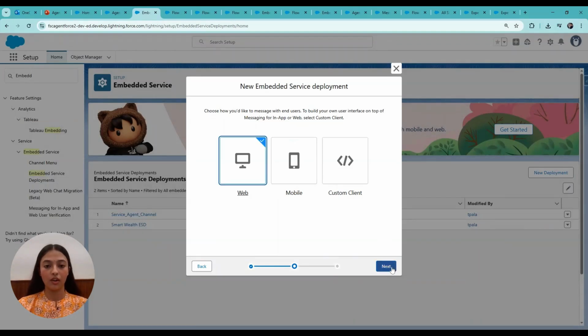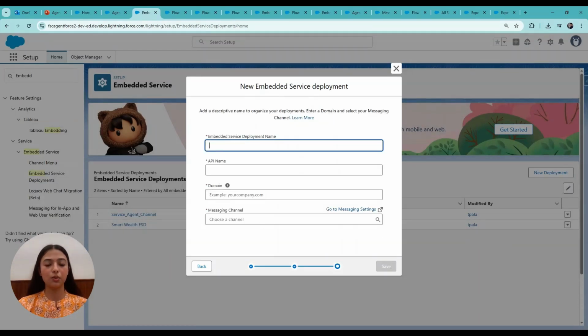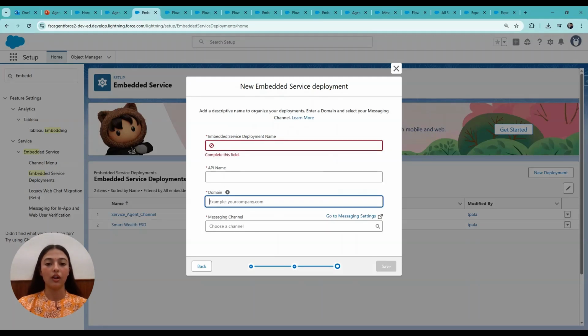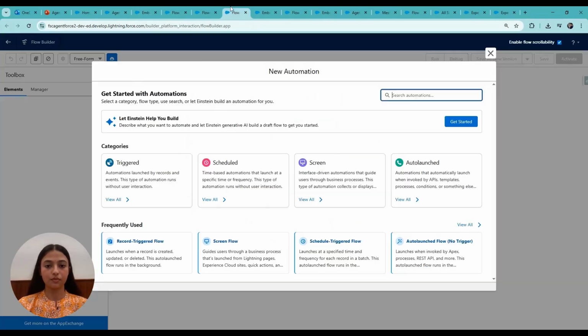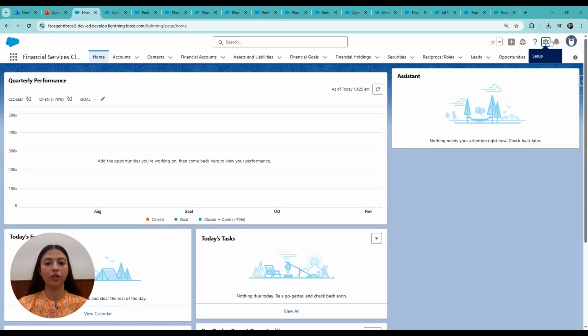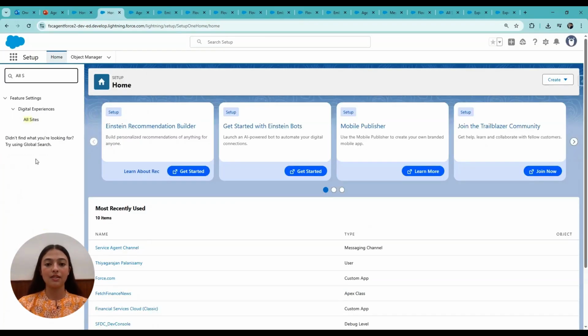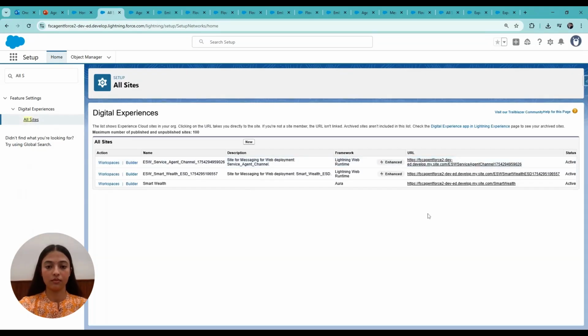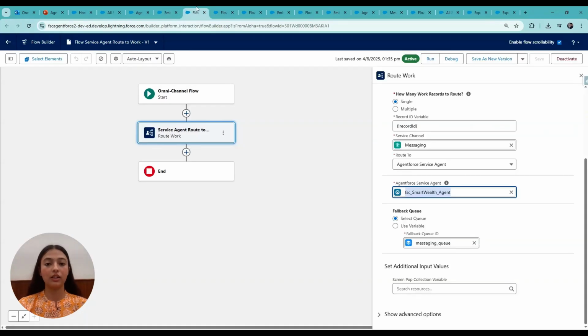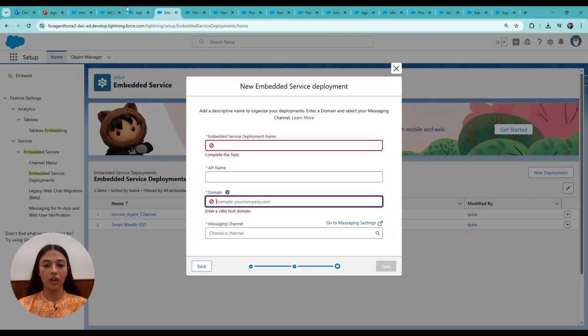Navigate to the home section and select all sites, and users will be able to see different types of domain addresses on the screen. Please make sure that the domain should look like https://. Then select the messaging channel created earlier. For all these configurations, once they are complete, we can move to the community pages. Paste your messaging channel accordingly.